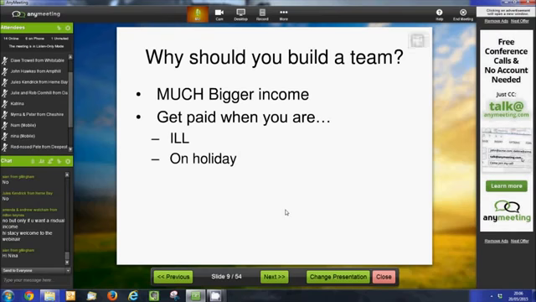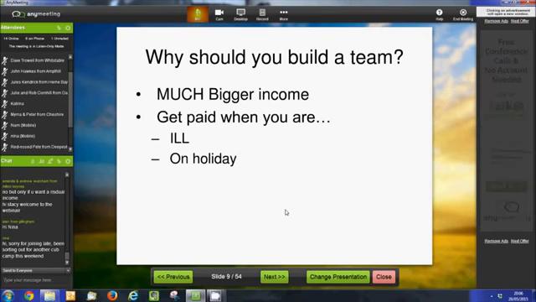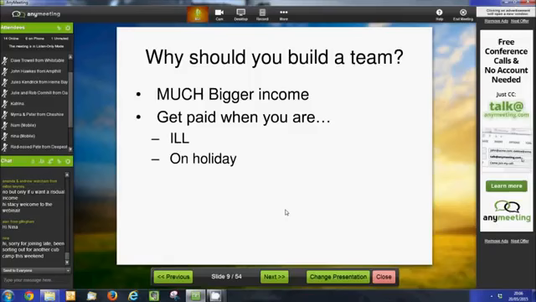And the other big advantage is if you're a big retailer, and by that I mean, if you're treating it seriously and you're doing it like a full-time job, then obviously you can earn a lot of money from your catalogues. But if you're ever ill, or you decide to take some holiday, or if you twist an ankle, or for whatever reason you're looking after granny or anything like that, you can't get your own catalogues out, then you're not earning any money because you're not generating your own retail.